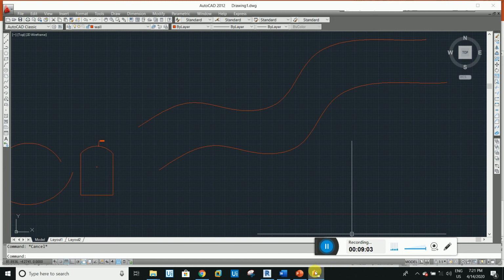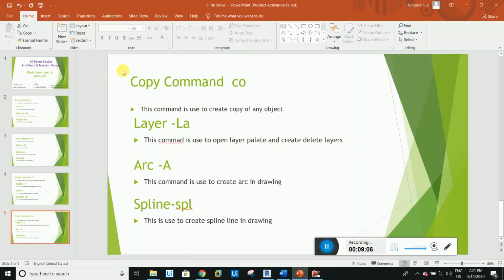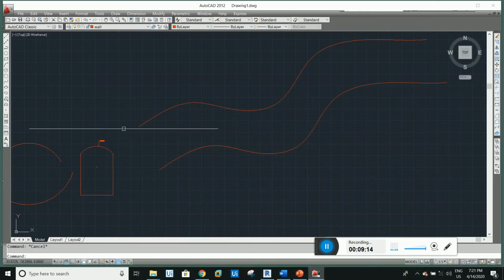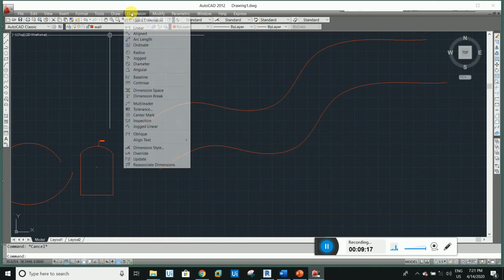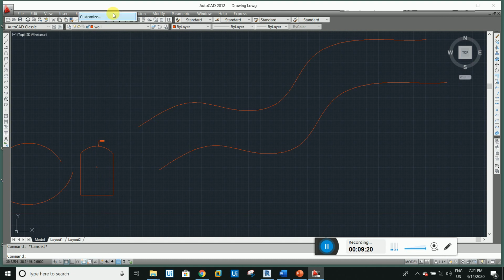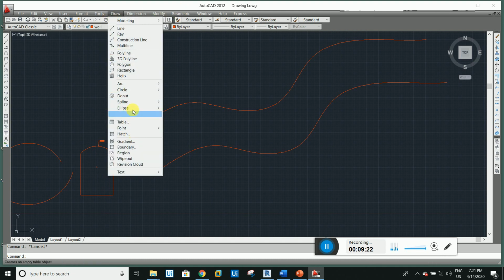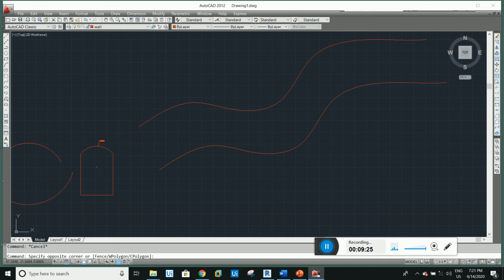So these are the four commands, guys, which are very important in AutoCAD, and you can use them in your drawing. It's my suggestion, guys, that when you create drawings, don't try to use the menus, or choose spline from the drawing panel. Try to use your keyboard and the commands, so that you can create any architecture or any plan faster. Learning is one part, but if you are developing a skill inside you,